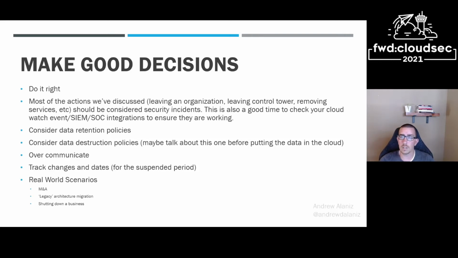And I'll kind of add this one into the next bullet point of tracking changes and dates. But so we obviously followed a change management process, but what we noticed was that this was a little bit bigger. And so we kind of equated this to shutting down a data center. And in doing that, we realized we needed to have more people in the loop on what was happening. And so this is something to consider when you start closing AWS accounts, is ensuring that your communication chain for doing it is broad enough.